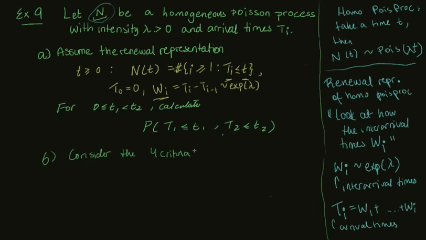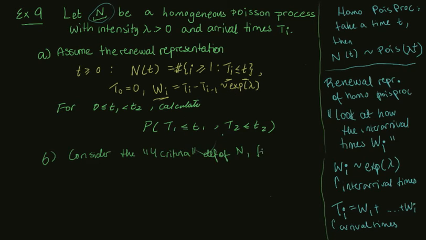It has to start almost surely in 0. It has to have independent increments. It has to have Poisson distributed increments. It has to have, what do we call it, càdlàg sample paths. So consider the four criteria definition of the Poisson process N of t, and find